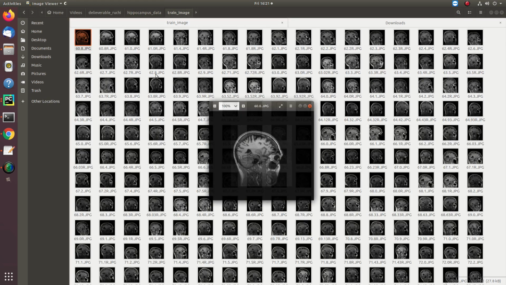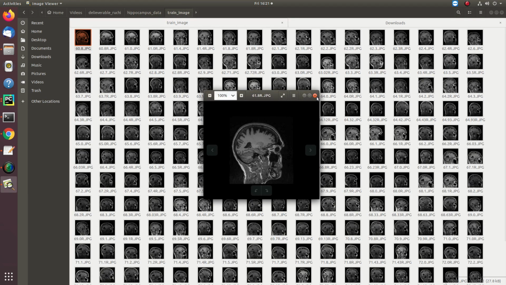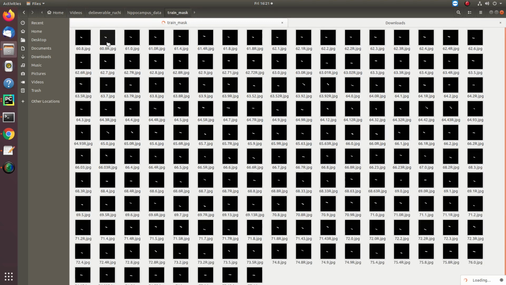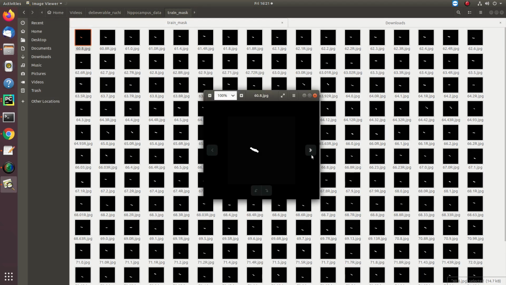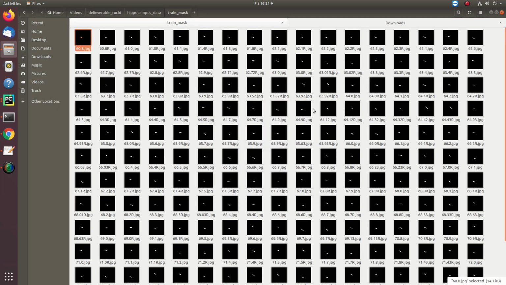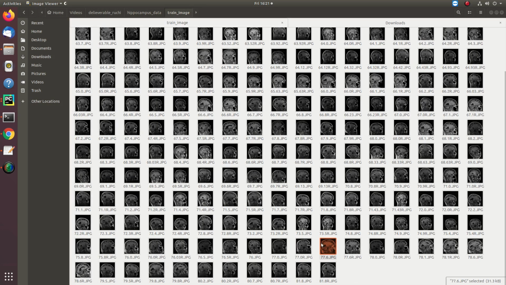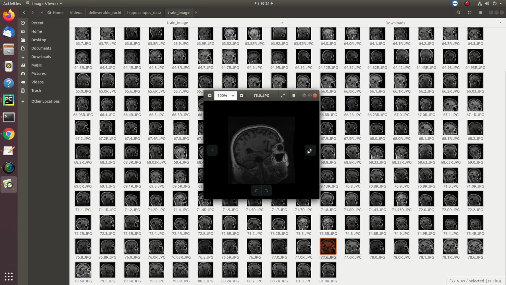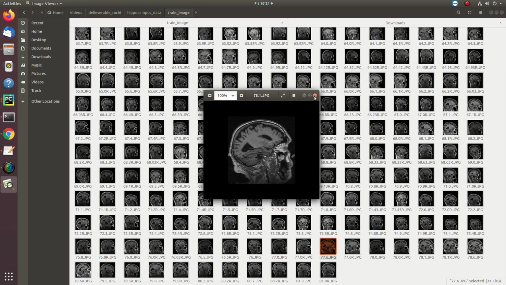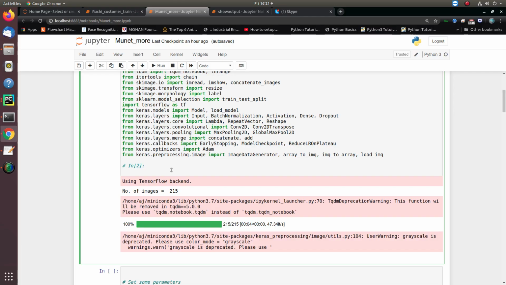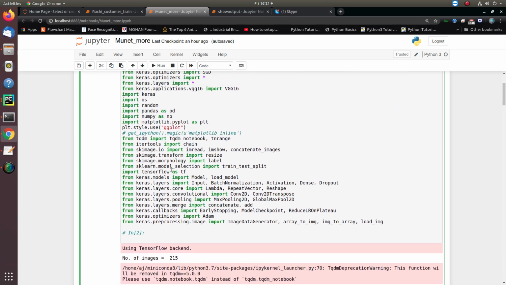These are my brain images, as you can see here, and these are the masks which are mapped on the input images. UNet will be trained corresponding to these masks, so that whenever it encounters a certain type of 2D brain image in the future, it will automatically segment the portion of hippocampus. So let's move forward to the main program.